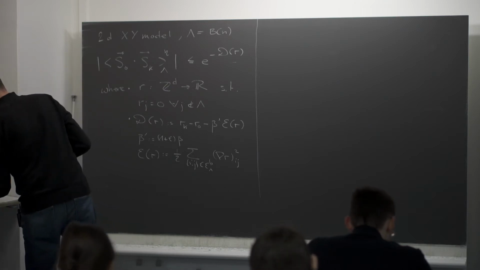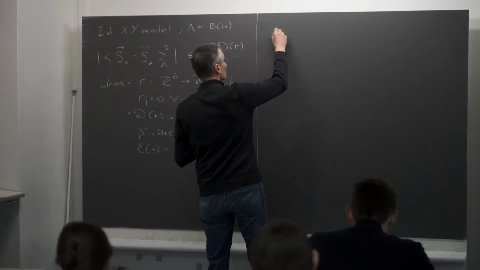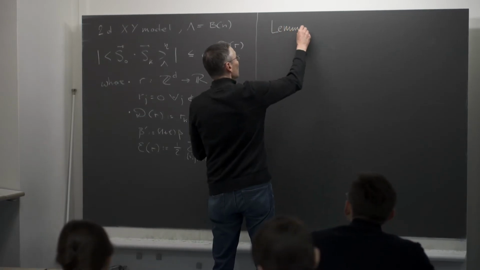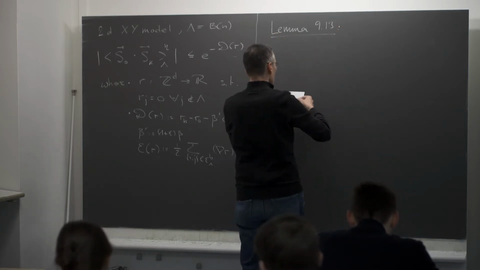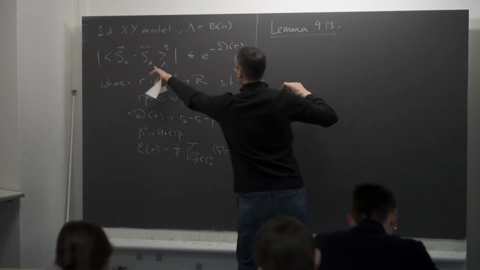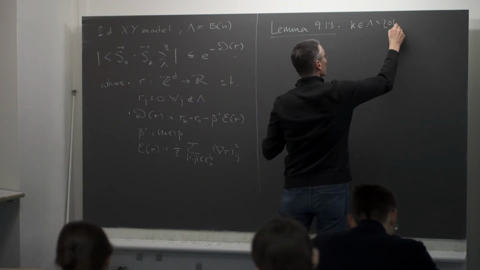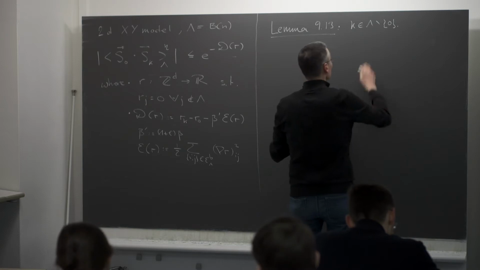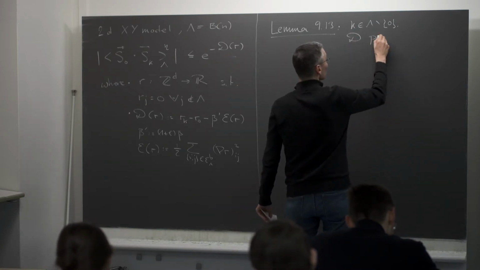Let me briefly write it down again so that we have the statement on the board. So it was lemma 913, which I stated last time. So we assume that the point k here is in the box, but is different from 0. Okay. Then the statement is that this functional d here possesses a unique maximizer,